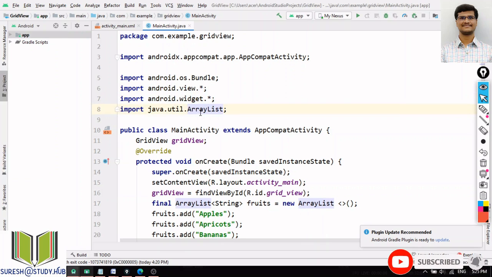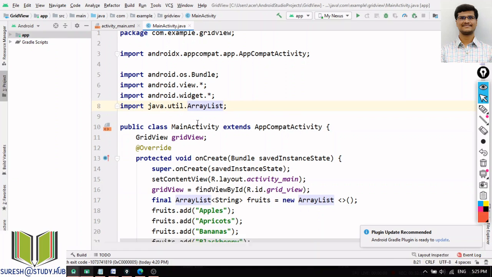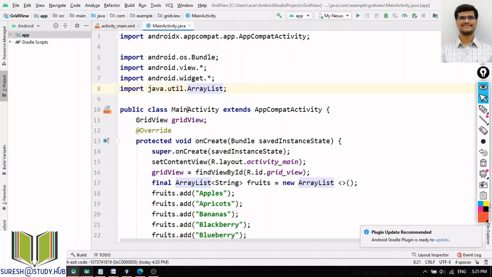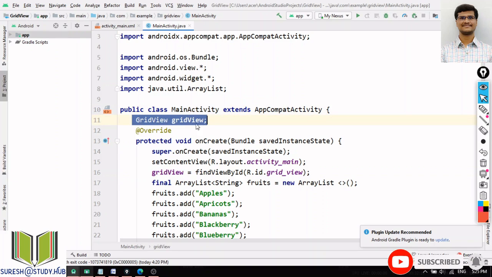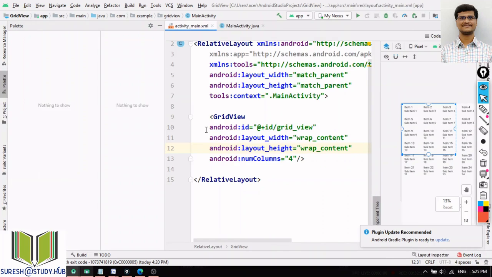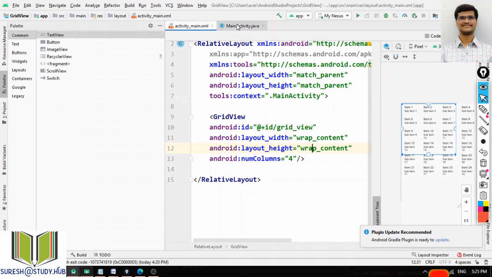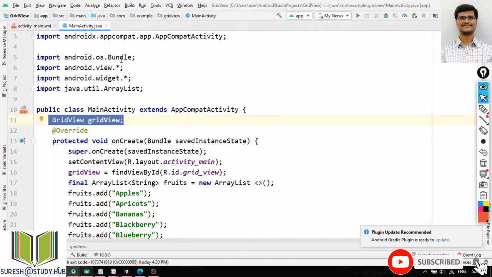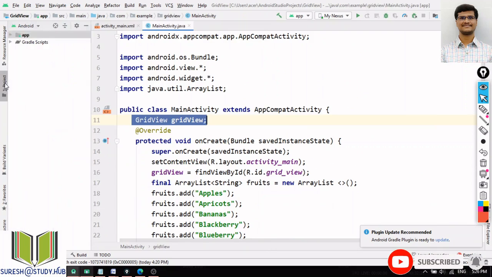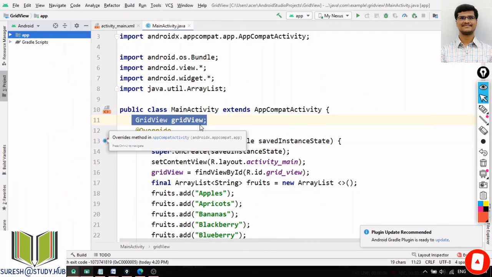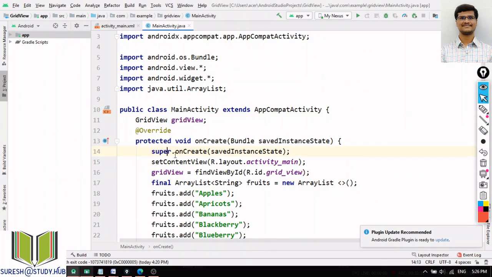And I'm using the same thing as in the previous, like the previous example, this MainActivity, which is extending this AppCompatActivity, and I'm using this GridView because I have to link with this grid view. So what is the ID for this one, it is grid_view. So I have to link. So for this one, first of all, I'm creating this GridView, and after this super.onCreate.